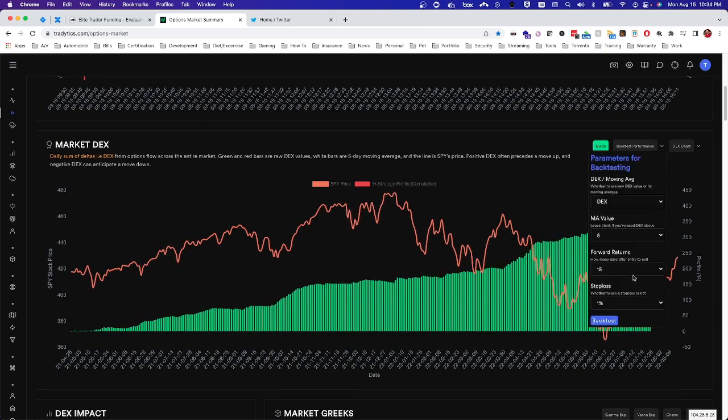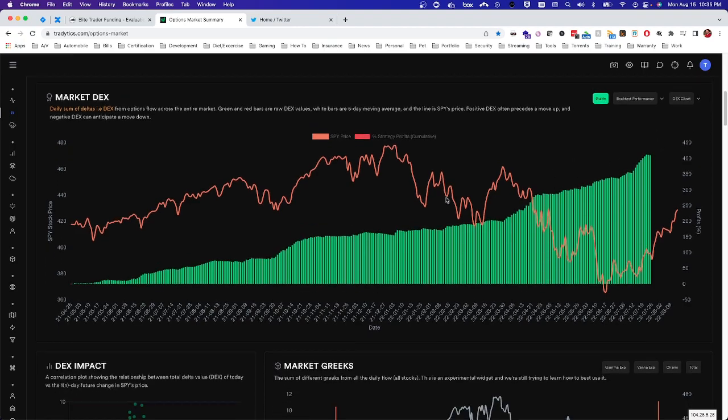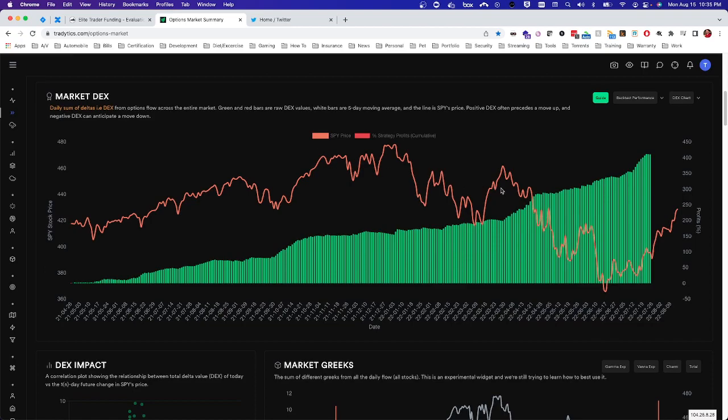Actually, that's pretty amazing. So if you do 15 days with a 1% stop, at no point do you enter any drawdown, and you end up with roughly 410% in profits, which is just absolutely absurd. I've never quite seen anything like this, and it's just important to play with this chart and understand it,